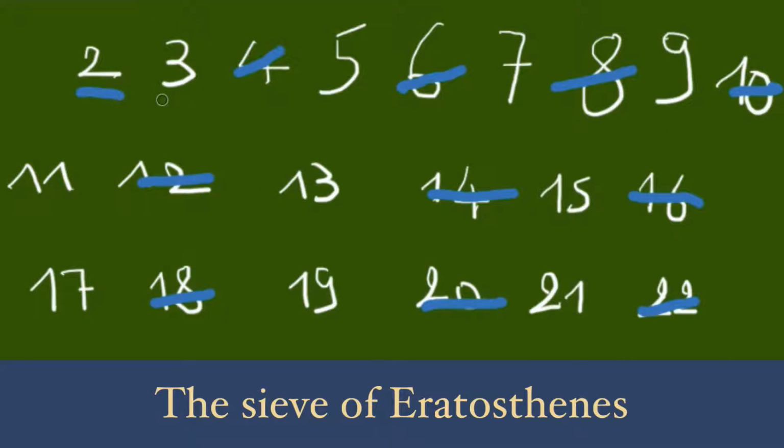Then we underline 3 and we stripe the multiples of 3 that are not yet striped and that are strictly greater than 3. We stripe 9, 15, and 21. Then we underline 5, and the multiples of 5 are 10, 15, and 20. They are already striped. So we just underline 5, and we may underline also the unstriped number 7,